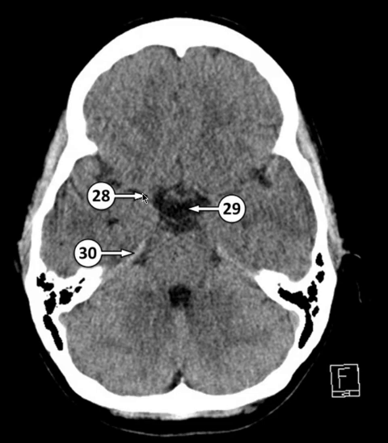Again, this is a non-contrast scan, but if this were contrast, we would expect this structure to, of course, light up. 29 here, in the center, is the suprasellar cistern. And number 30 here is the tentorium cerebelli, which literally translates to the tent or the roof of the cerebellum.